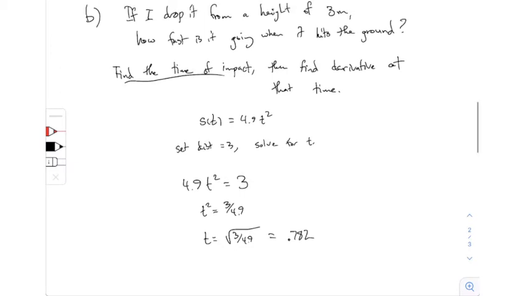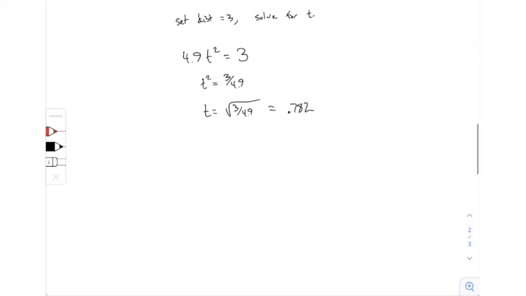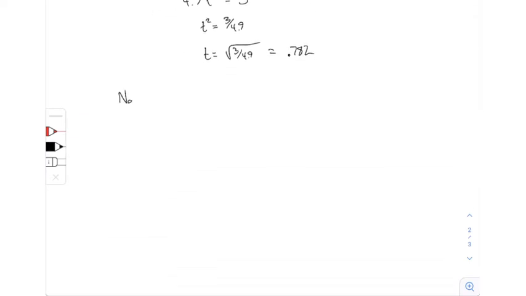All right? So this is the time we want. So my strategy in 2 parts, find the time of impact. This is it, right? And then find the derivative at that time. So now we're going to do s prime of this number, 0.782. This will give me the velocity at that time, which is the time at which the thing hits the ground. And this we're going to do, again, using the definition of the derivative. So I go